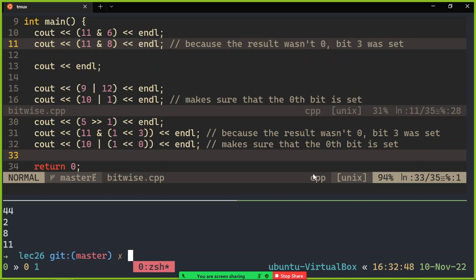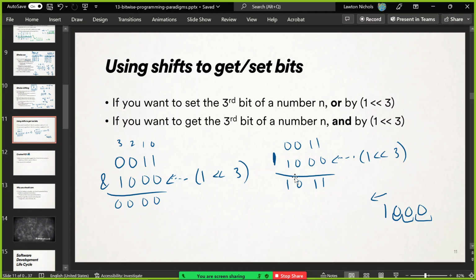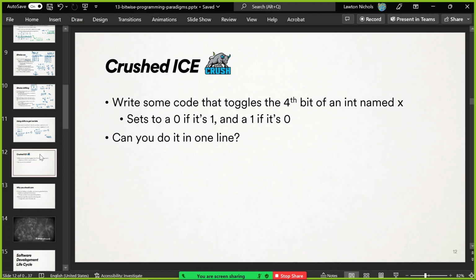Because I have one last question for you. Here it is. I would like you to try to write some code that toggles the 4th bit of an integer called x. All right, so for example,